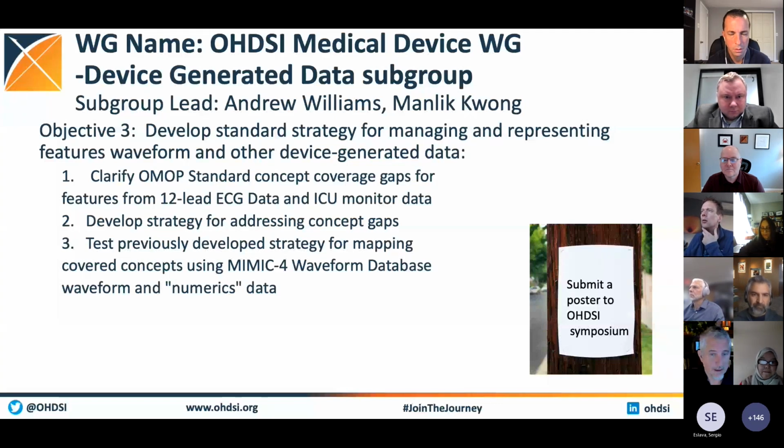This subgroup is about data that are generated from devices: waveforms, other kinds of high frequency data we might call numerics that come out of monitors in ICU or other parts of healthcare settings. And our goals are to develop the standard strategy for managing and representing those kinds of data. That involves clarifying the extent to which we've got standard concepts for them in the vocabulary, developing a strategy for adding them where they don't exist,